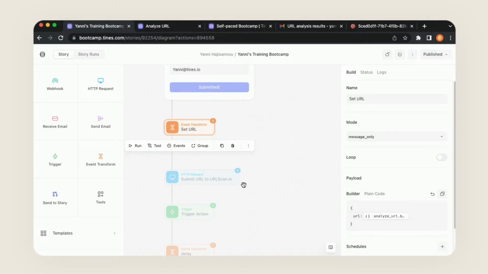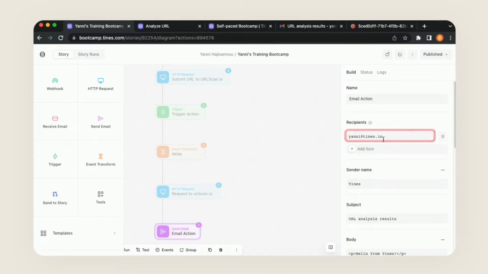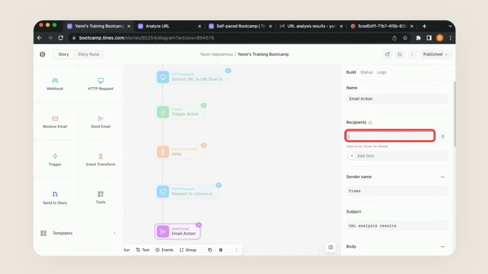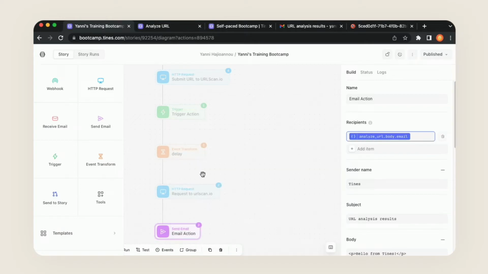Now there's one other value that we'll want to update from the form. So let's go ahead and change the email address here. We'll just delete the original one and click the plus and pull up the value. We'll do the analyze URL dot body dot email. And then we'll see the email in the bottom right-hand corner and do Command Enter or Control Enter. All right, since we've updated all of the